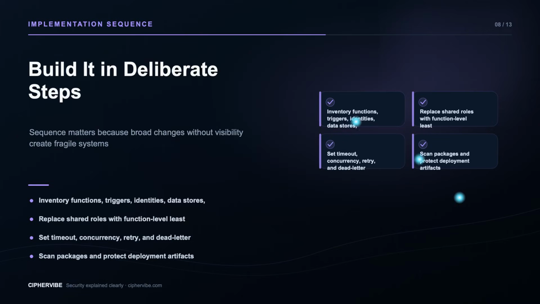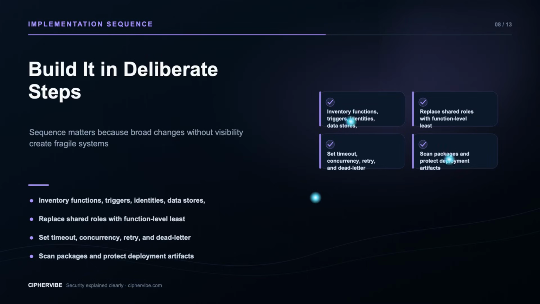Implement this layer in a sequence that preserves evidence and limits blast radius. First, inventory functions, triggers, identities, data stores, and external calls. Second, replace shared roles with function-level least privilege. Third, set timeout, concurrency, retry, and dead letter policies. Fourth, scan packages and protect deployment artifacts. Fifth, add API and event validation with correlation logging. Prefer pilots with a named owner and rollback plan over an unmeasured